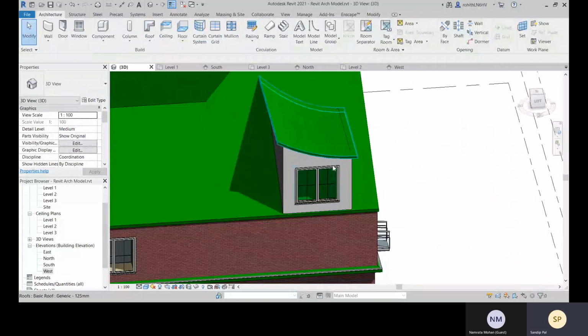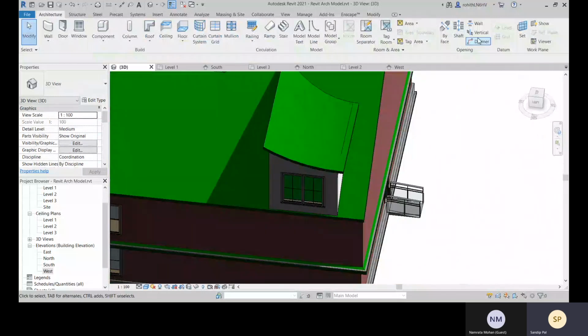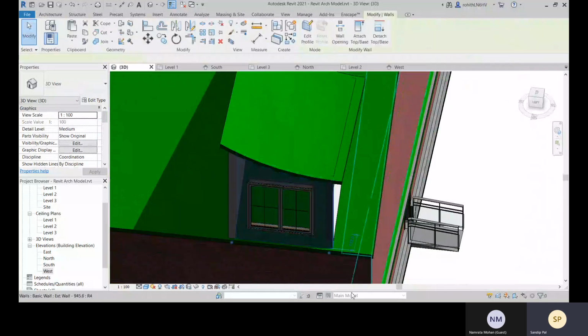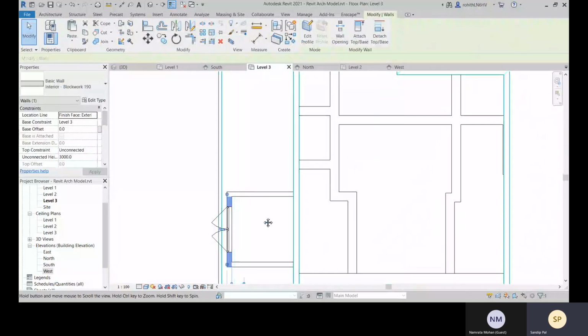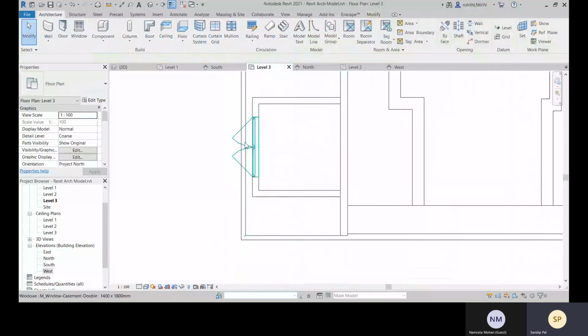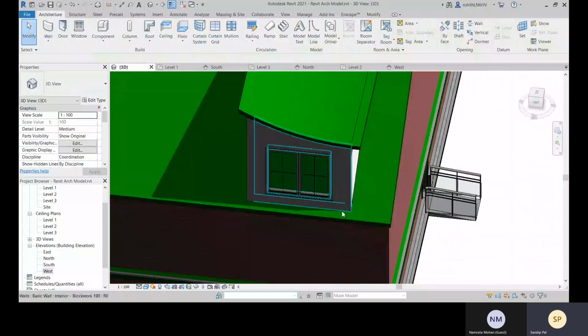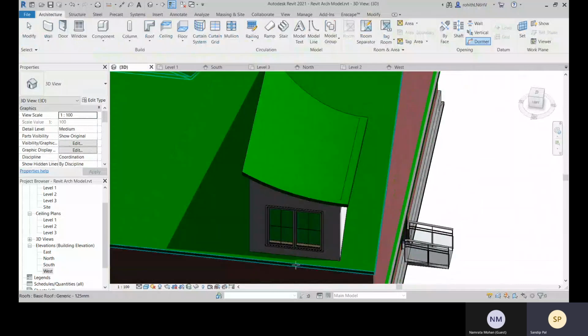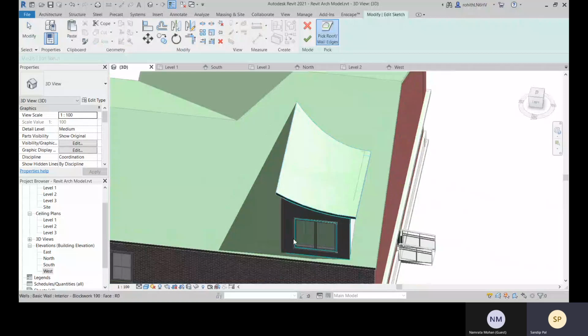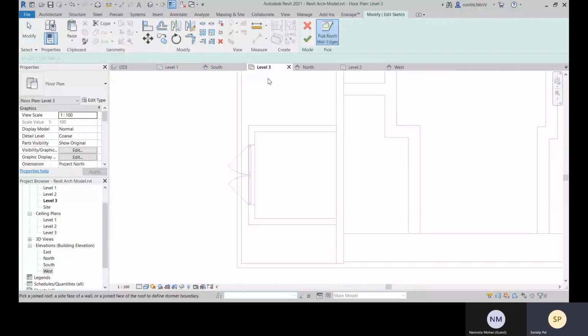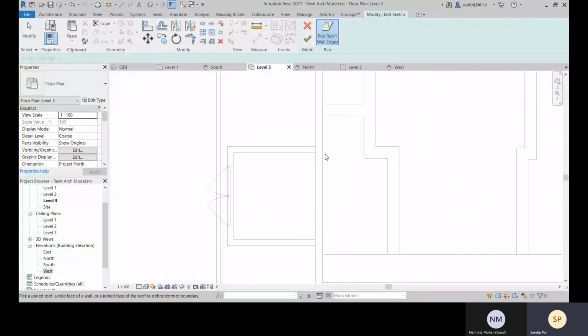And you have to create the dormer. So for that we have this dormer. Right now you can create in 3D as well. So let me just move this. Just see that it's just placed right. So now what you can do is you can create your dormer. Okay, so this roof will have the dormer and you can come to this level 3 and select the edges.